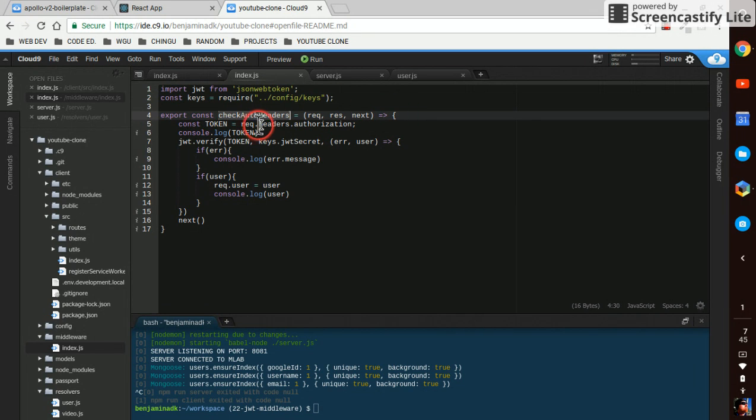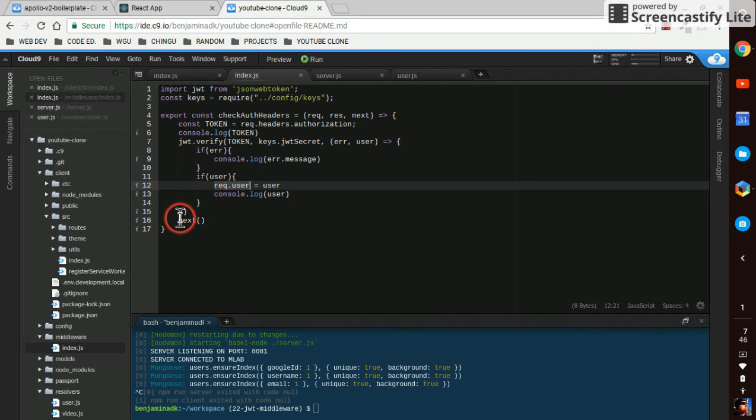And the token is going to be request.header authorization, and we're going to log the token just to see it, and then we're going to verify the token with our secret. If there's some kind of error, like the token's bad or there's no token, we're going to get that error in the console. If there's a user, we're going to set request.user to that user, and then we're just going to console log the user to show you,